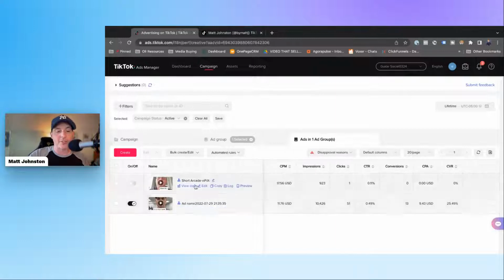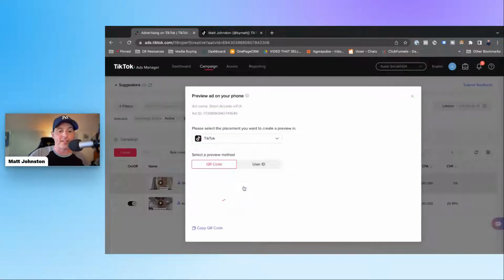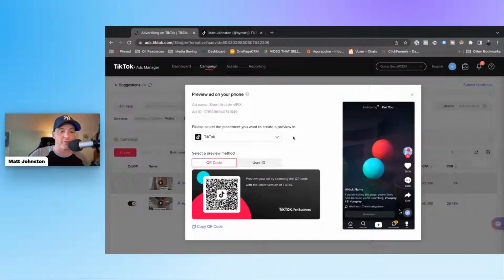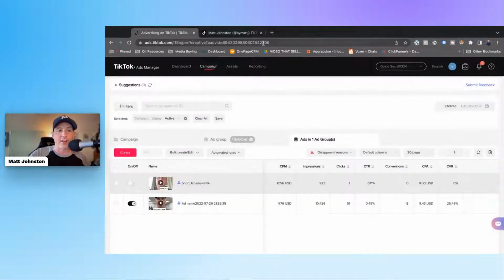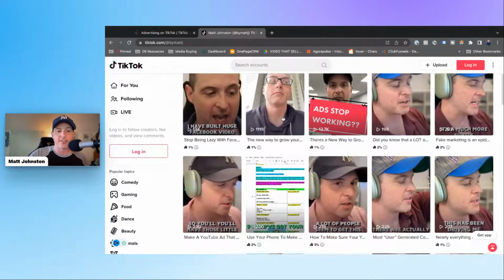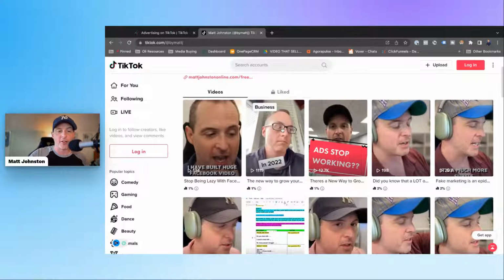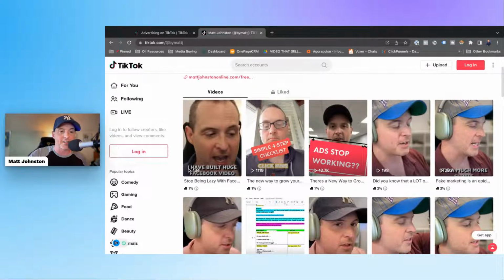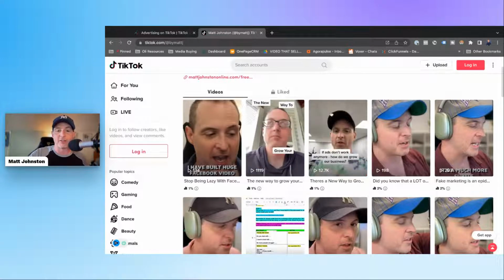$2.40 cost. So now as we drill down in the creative, I tested a very short creative. I can preview here. I tested a very, very short creative here against a very, very long creative. And looks like I'm gonna have to pull it up here. Let's see this one. So I'm hovering over it. You can kind of see it was a very, very short 6-second creative against this creative, which I'll show you in a second,